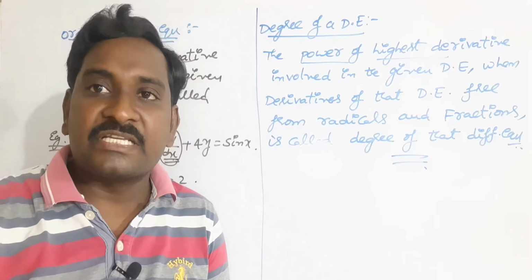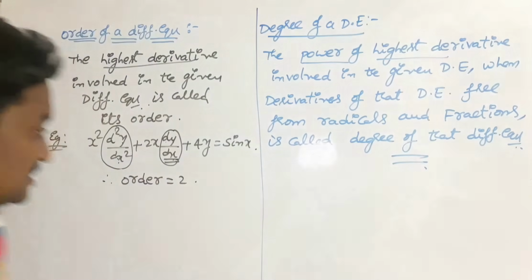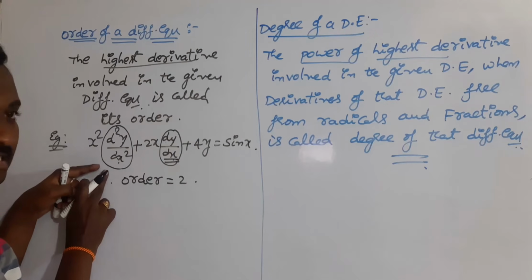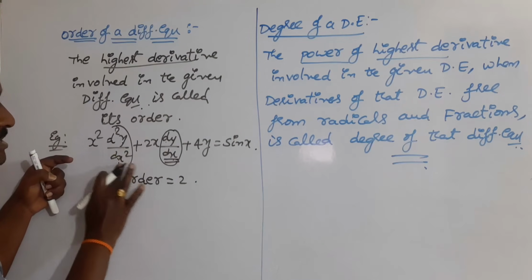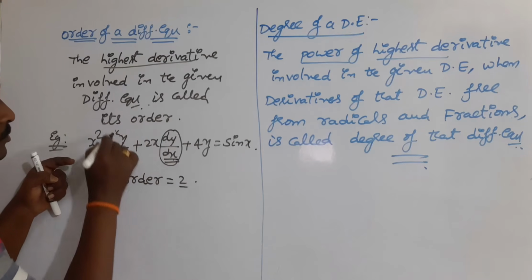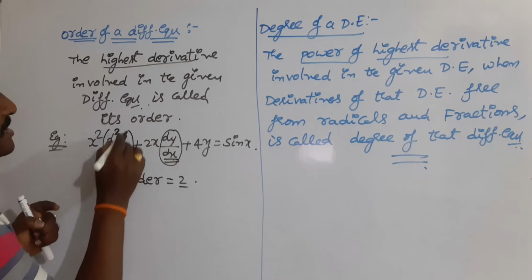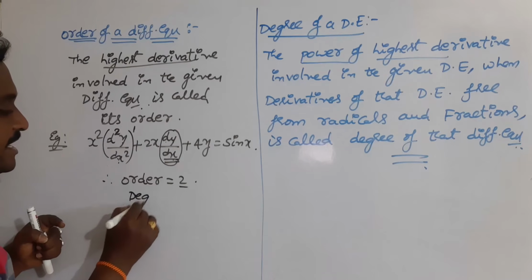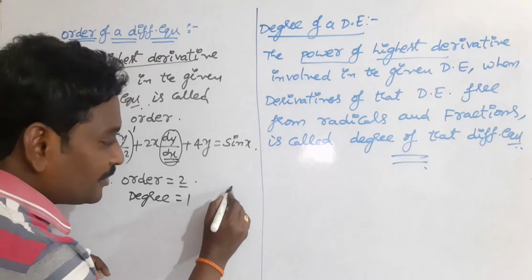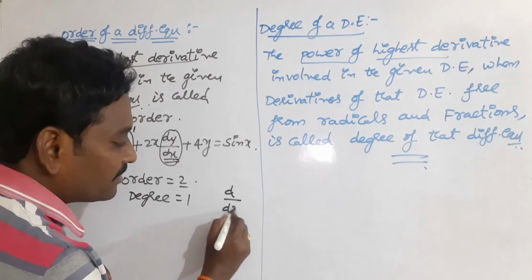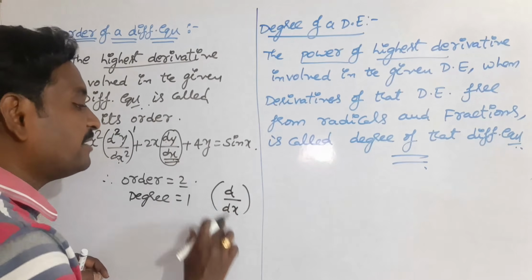Degree of a differential equation is nothing but the power of the highest derivative involved in that equation. Okay, see this example. Clearly we are observing that in this example the second derivative is the highest derivative. That's why order is 2. The power of, it means that you should look at the whole power of d square y by dx square. It is only 1. That's why degree is 1. Okay, for order you should look at the power of d only here. But for degree you should look at the whole power of d by dx.